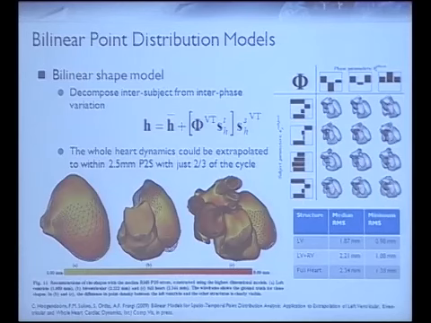We have recently published also a technique for actually doing bilinear models, so we can not only model the morphology across individuals, but also we can model in a decoupled manner the variability across individuals. We can model also the variability over time and have them as two different variables. So the model, these are the Bs that I was showing before, and you have a temporal component and a